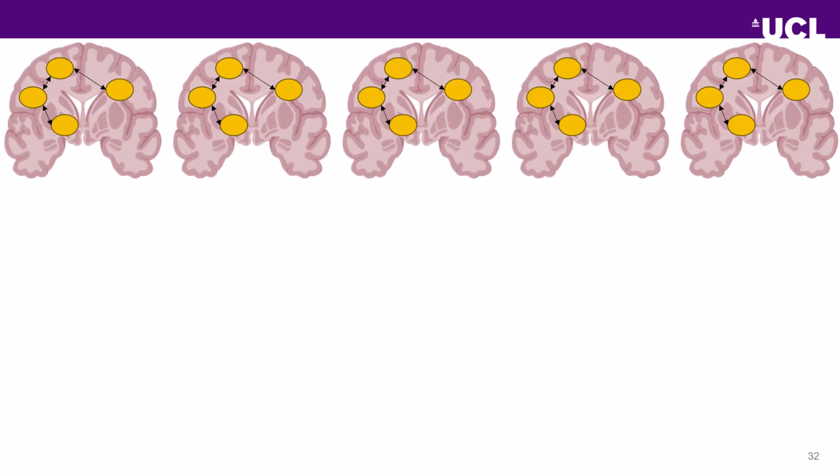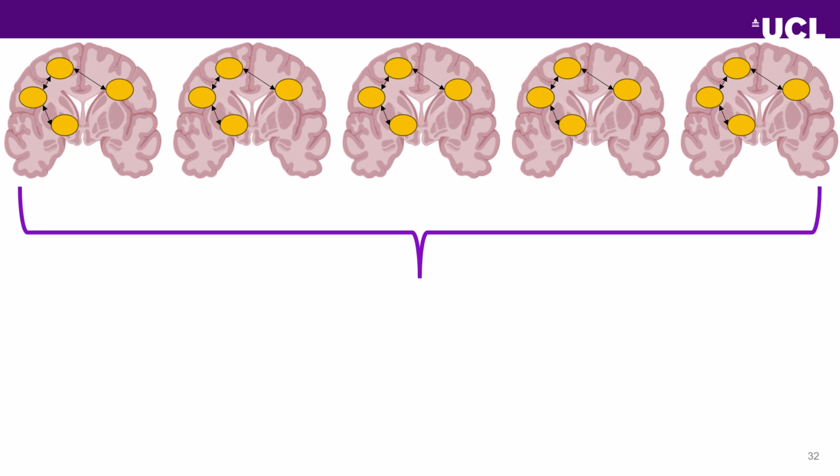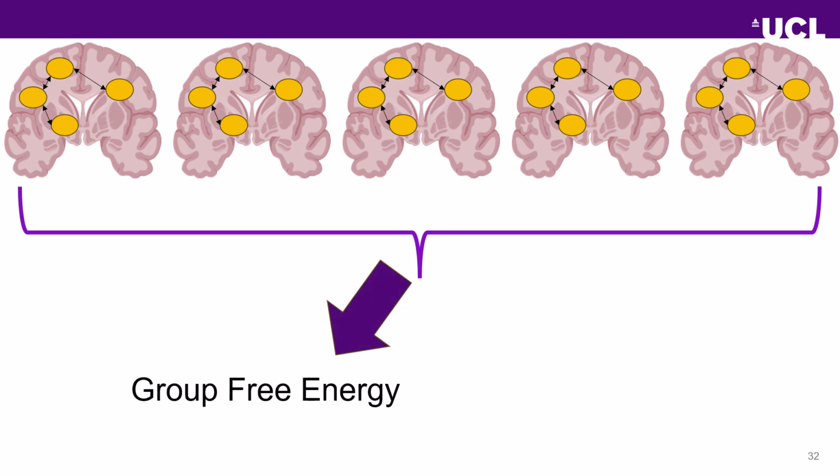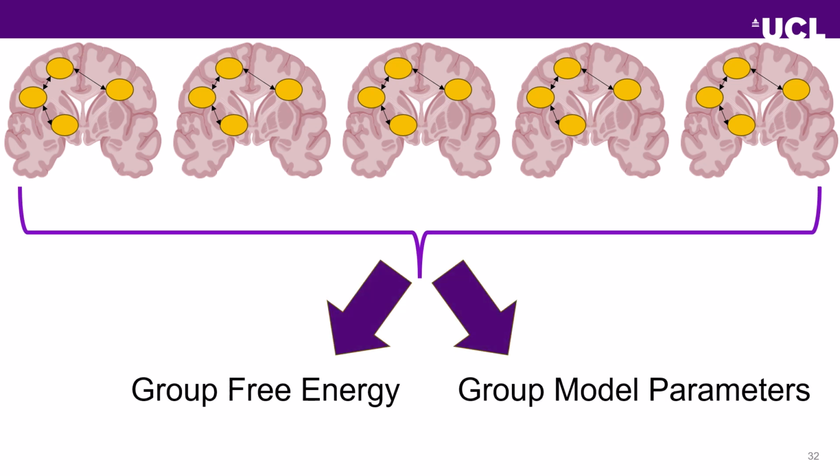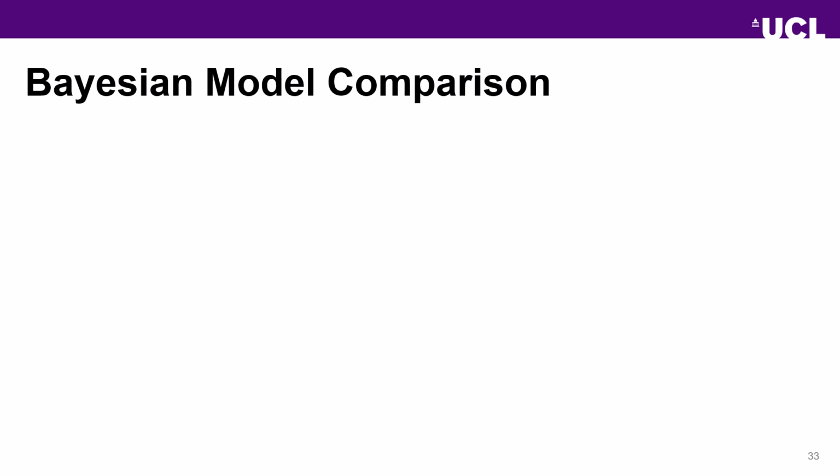So at the group level, we have our model, and we fitted it to all our participants in our experiment, and we have the group free energy and our group model parameters. So we're explaining over everyone what the best fit is generally, rather than the individual. Now, while we've compared these models and we have our covariates, every covariate is going to add complexity. And we might want to see if the reduction in complexity and presumable reduction in model accuracy, although this might not be the case, if we can explain the model better or explain brain function better.